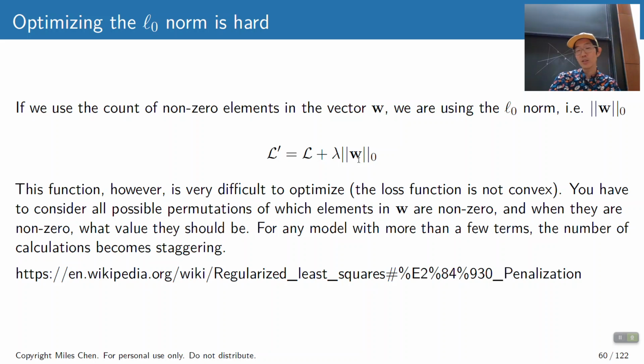The loss function, we would say, is not convex, and you technically have to consider all possible permutations of which elements in W are non-zero. Then once you say, all right, these are the elements that are non-zero, you have to figure out what those weights should be, okay? If you have just a few terms, maybe 3 W terms, it's not that hard. But if you have like 20 of these things, now you have 2 to the 20 possible permutations of which W terms